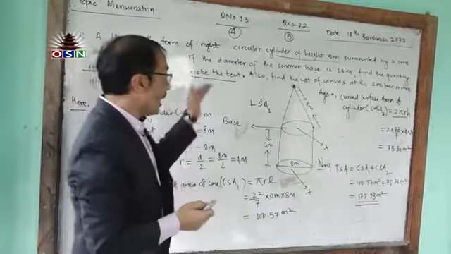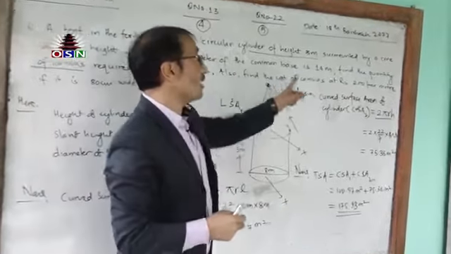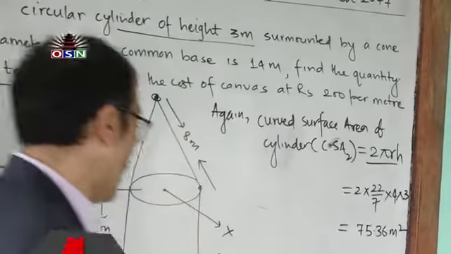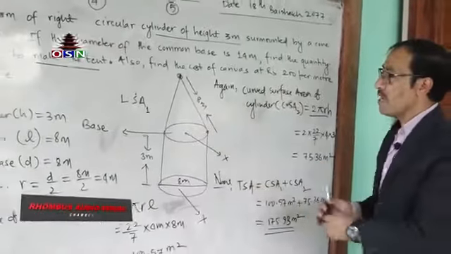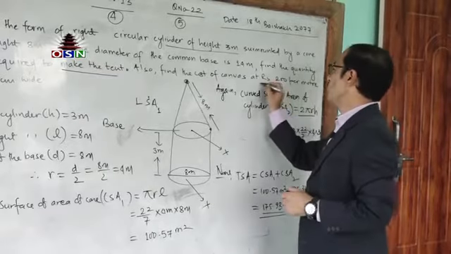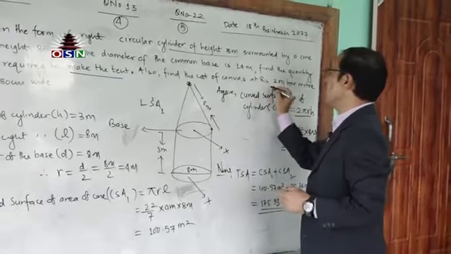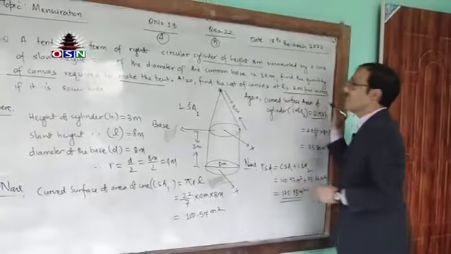The next question still remains. We will have to proceed with some process here again. Find the cost of canvas, meaning what is the total cost to prepare this tent? It is a question here. Let's read again. You have to draw your special attention here. You'll have to find it at the rate of rupees 200 per meter.